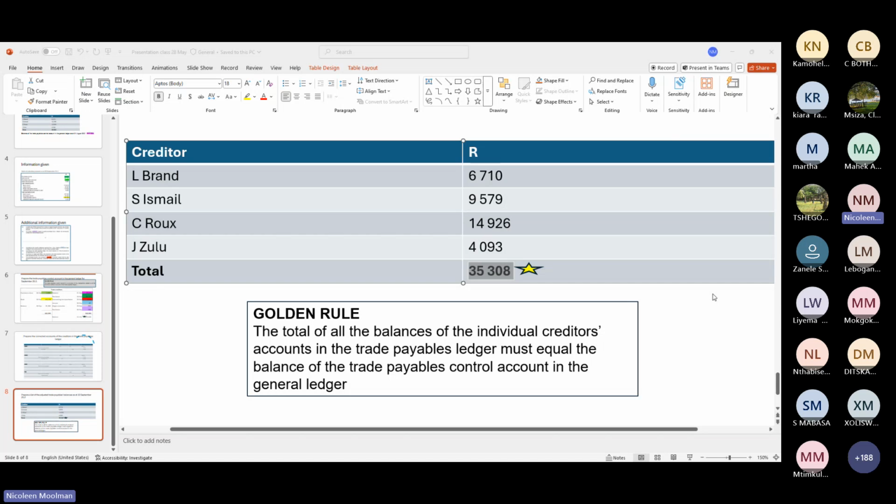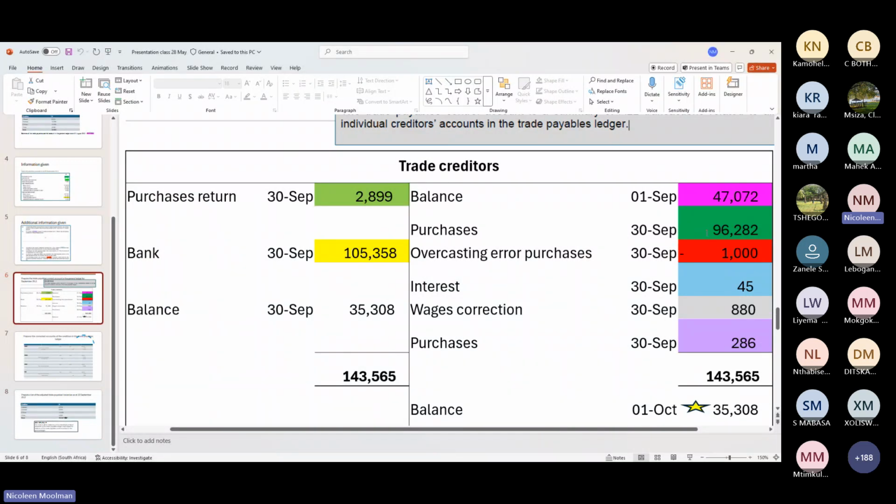Is trade payable not decreasing on the debit side? Yes, it is. In this case, they just told us that the balance of the purchases that we bought on credit was wrong. There was a calculation error, so we had to reduce that balance. So 96,282 should have been 95,282. So we just need to fix that number. But normally when we have payments or returns, absolutely 100% correct. It's a debit to your trade creditors so that you can reflect a lower trade creditors balance.